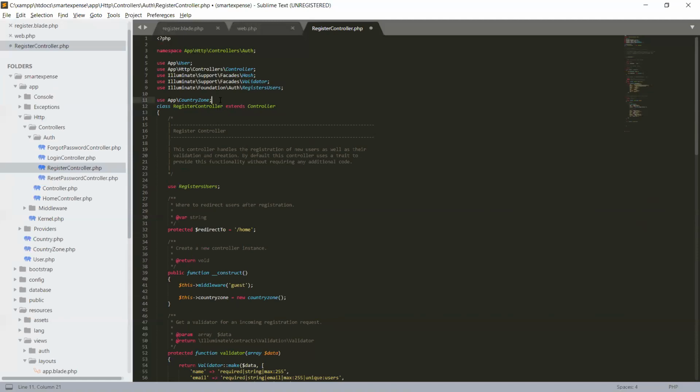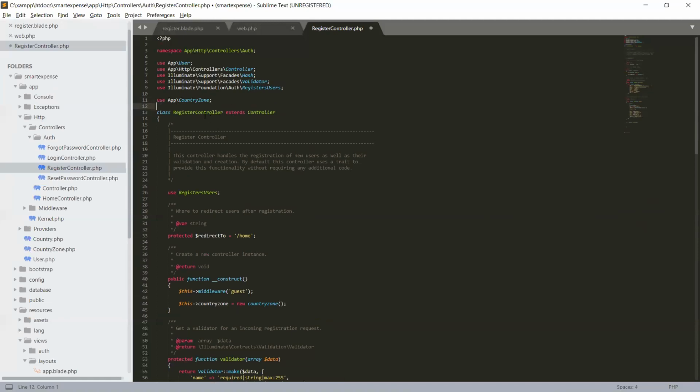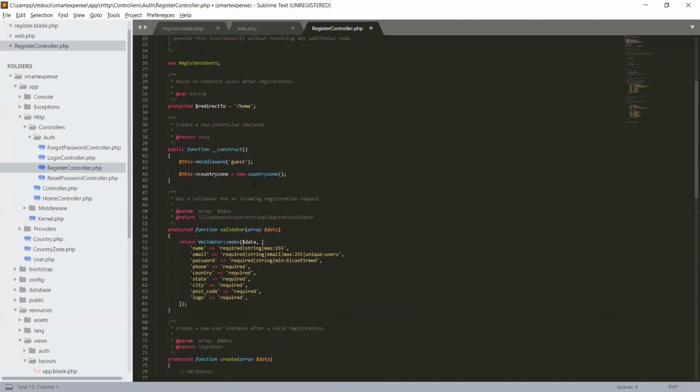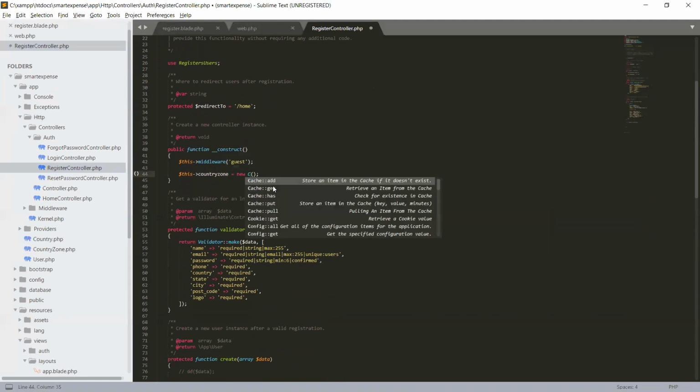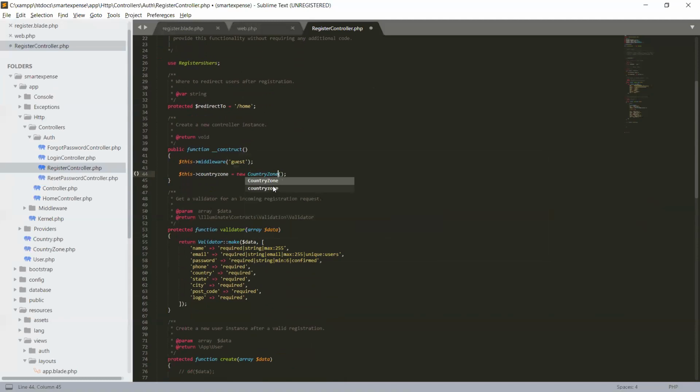So we have included it in our namespace, use App CountryZone. There it is, CountryZone is our model, and we are injecting it in our constructor, and we are instantiating our CountryZone model to our country zone.